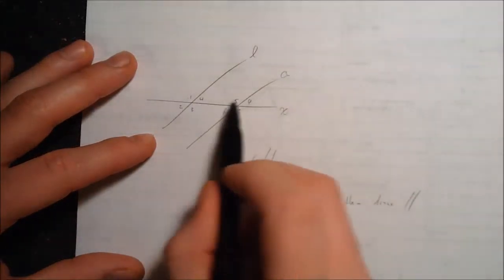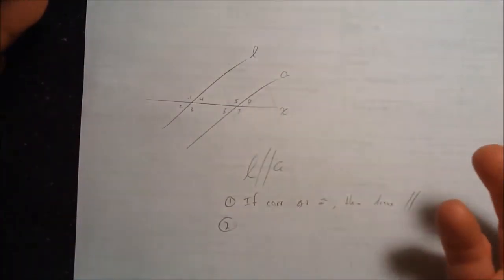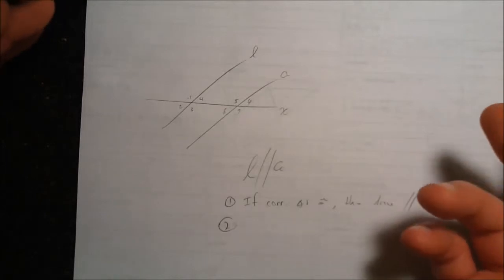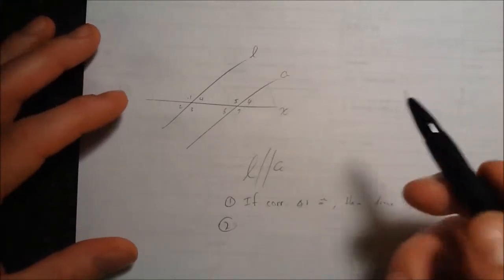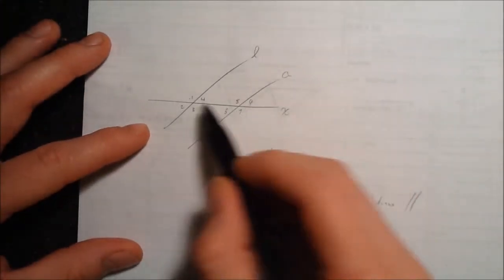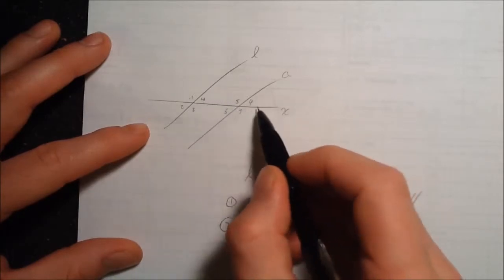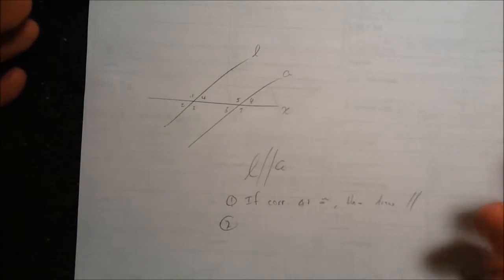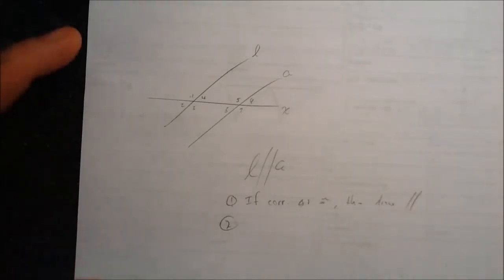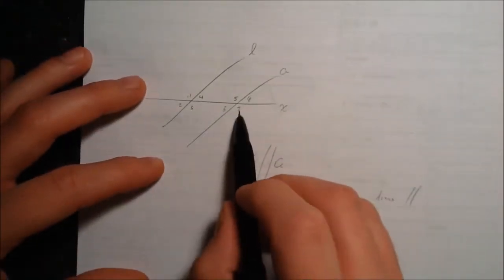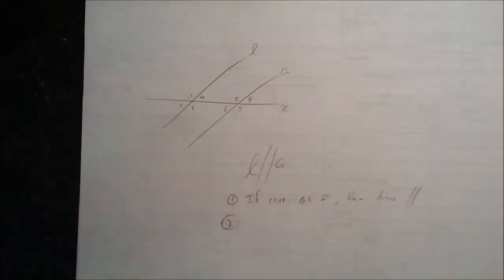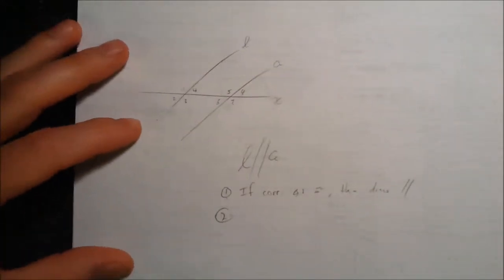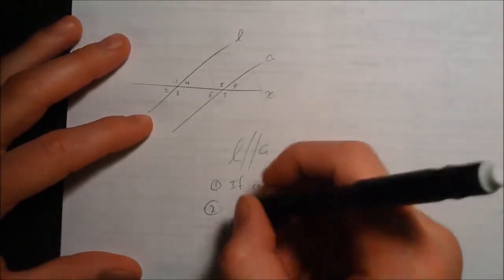If you can show that angle 1 is congruent to angle 5, those are corresponding. So if corresponding angles are congruent, then lines are parallel. Or if angle 4 is congruent to angle 6, those are corresponding angles. And if you can somehow prove that those angles are congruent, then lines are parallel. It also works with 3 and 7, and then 2 and 8. So that is one way of proving lines are parallel. That's if corresponding angles are congruent. Another way,